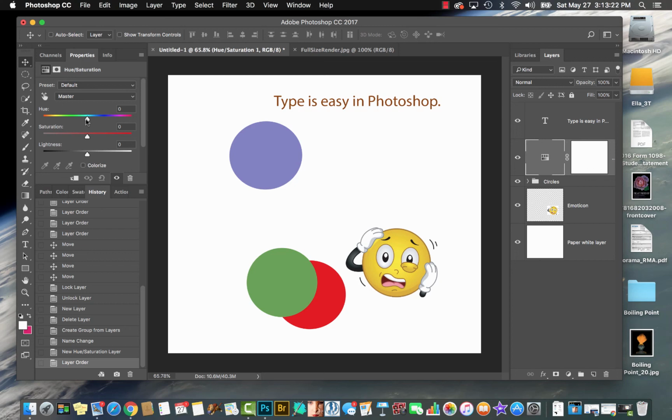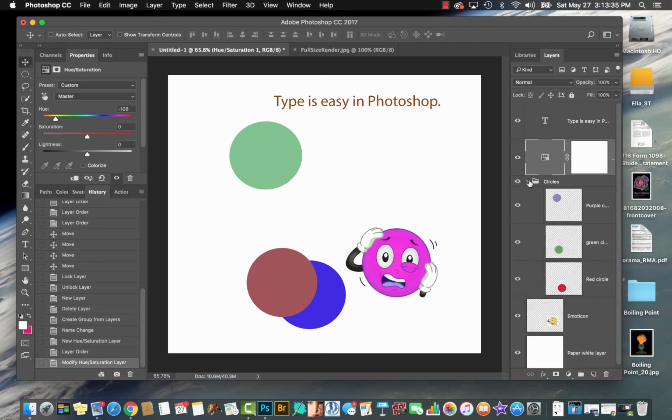So in this case, hue and saturation allows me to change the color of things greatly, which is kind of fun. So I'm going to get over and make, I like that one. That's pretty cool. Okay. So what that does is it affects every layer below it. I can make it not do that, and we'll talk about that in the next layers class by making a clipping group. But in this case, I just wanted to think of it as the difference between having eye surgery